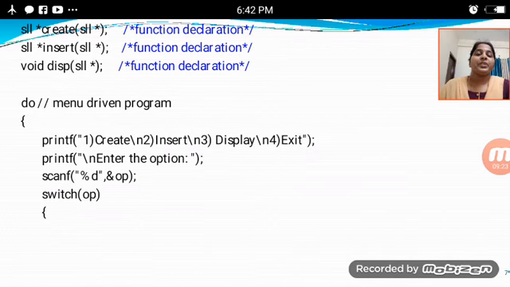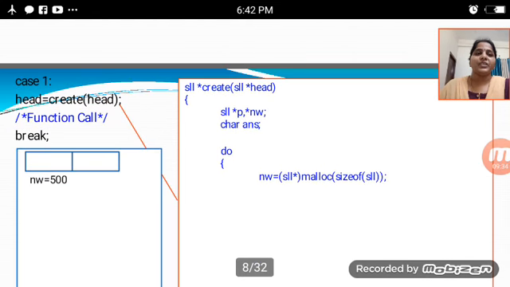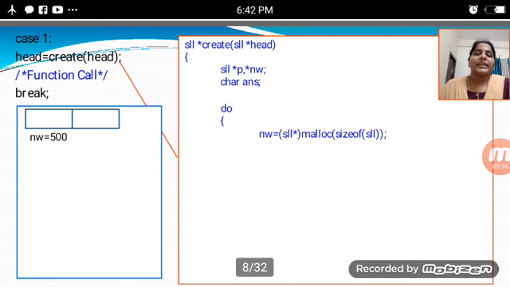After that, in the do begin braces, which option you have to take, I am using cases. These options will be there. After that, a code expansion. Case 1, in this first case, head is equal to create. Whenever we are in switch cases, we check whether it is satisfied or not.